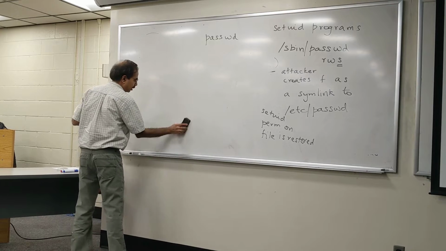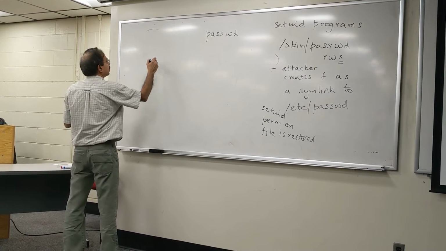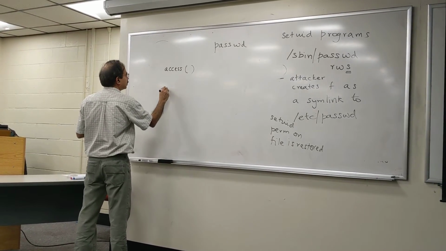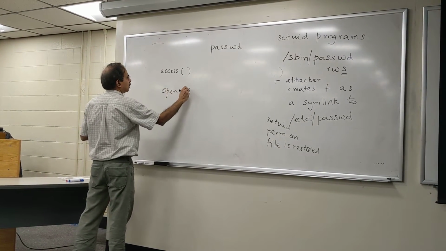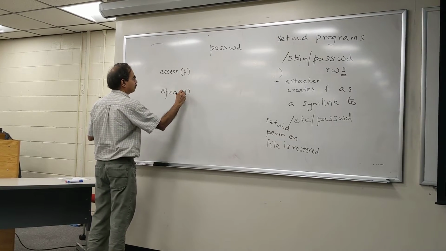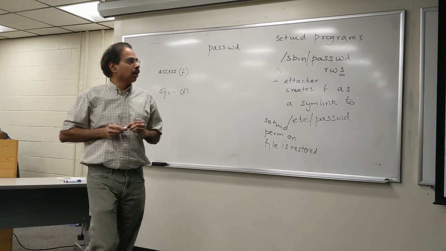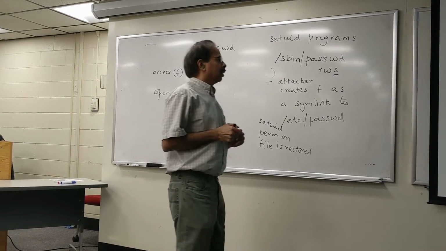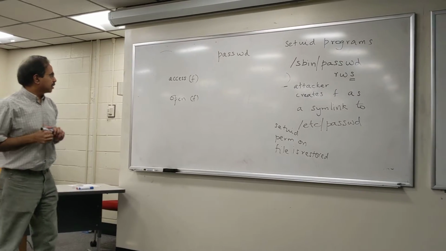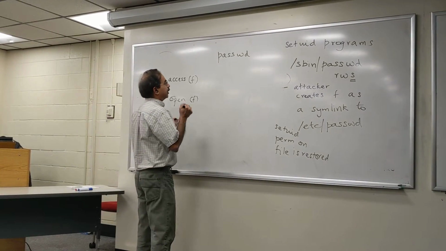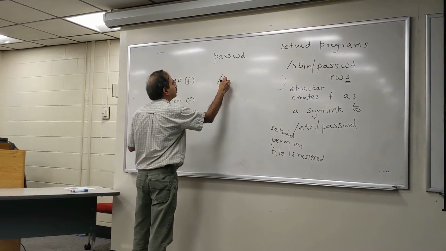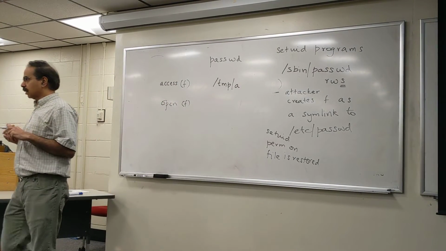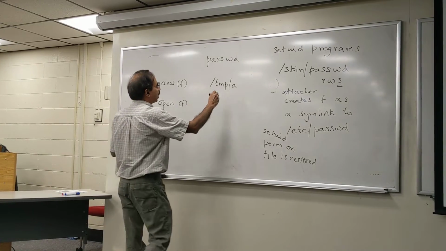Right, let's go back to access and open. Right? So what the attacker does is they initially create 2 to be a symbolic link. Okay? And it is a symbolic link to,